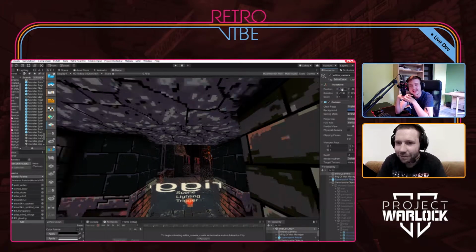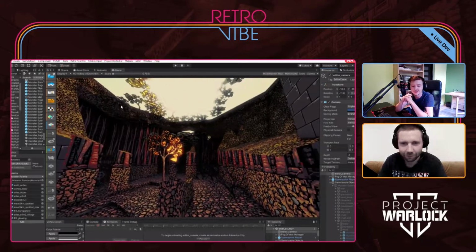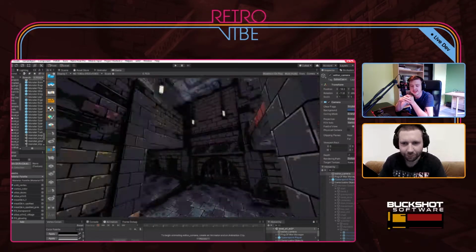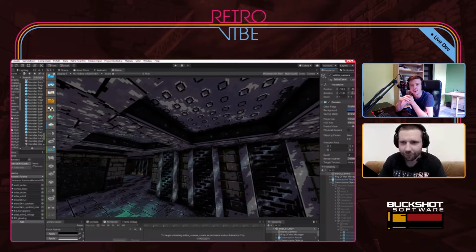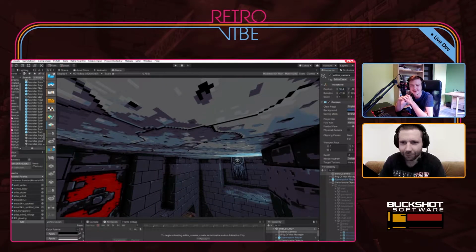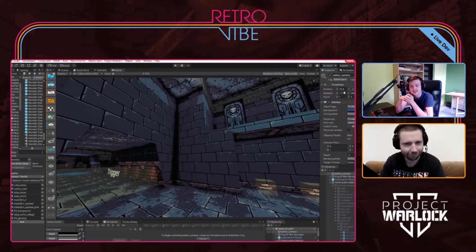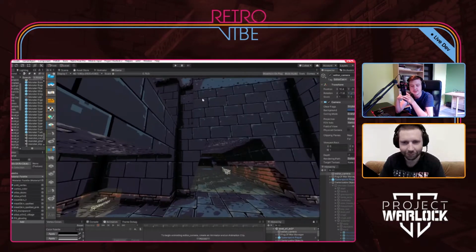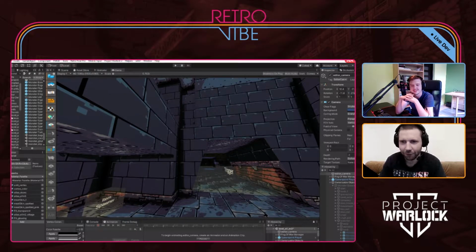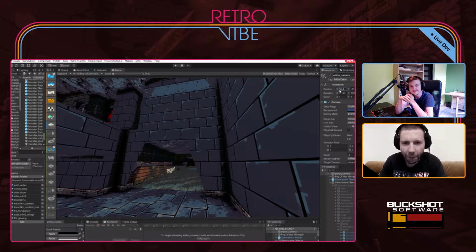Okay, so we're at level 3. It's like the middle of the first episode, and to give you guys an insight on maybe some stats about this level, here you will have around 400 monsters to kill on the highest difficulty. So that's a lot of carnage you can do, and you can expect this level to be quite huge. And I think this is one of the most important aspects of the level design in Project Warlock 2, right, David? Oh yeah, you can see a lot more open areas in this game.